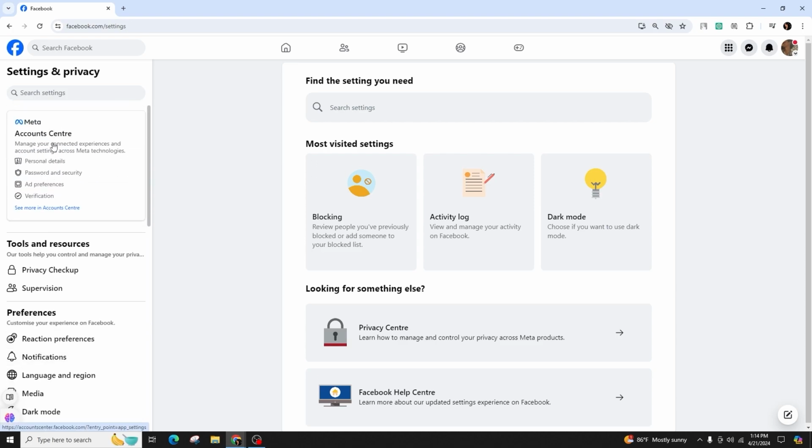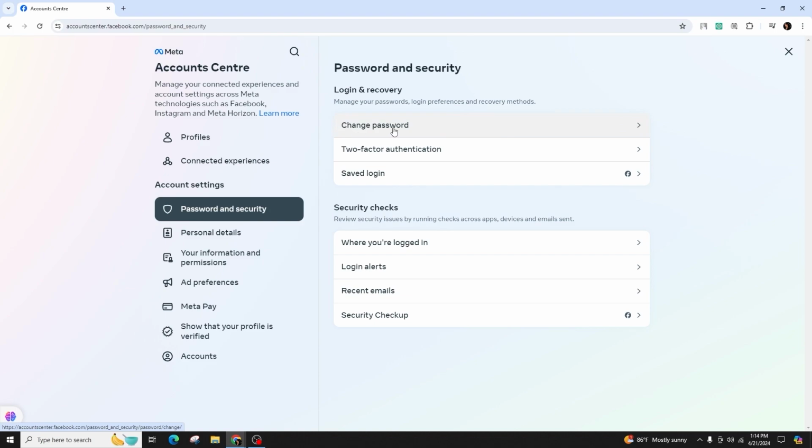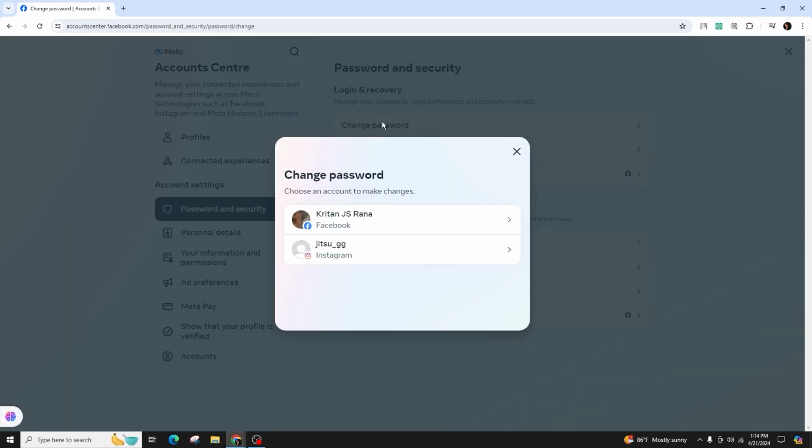Simply go to Account Center and click on Password and Security option. Then you can see the indication of Change Password under the Login and Recovery. Click on it. And as soon as you do that, this will give you two options of changing your password, of either your Facebook or the Instagram that is connected to your Facebook. So as we are trying to change the password of our Facebook account, we're going to click on this first